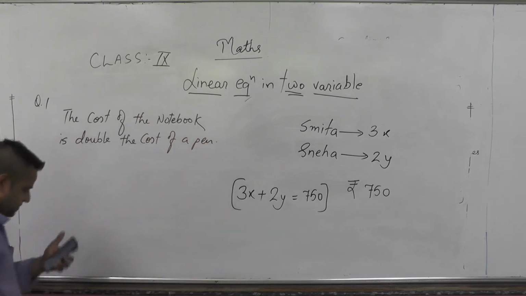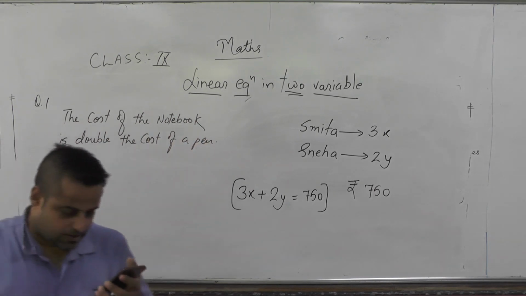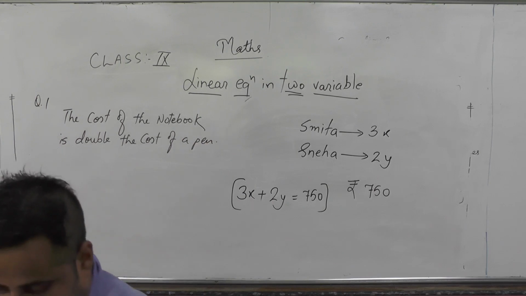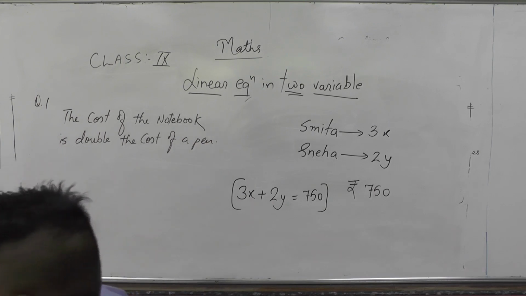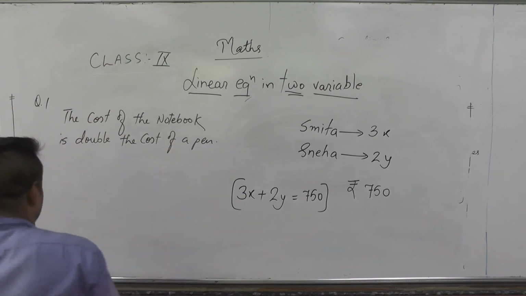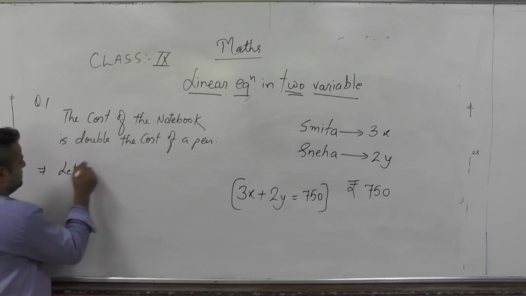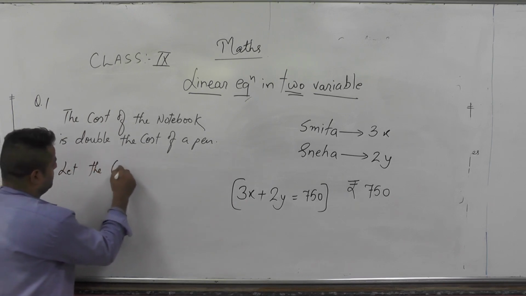And what it says further is to write a linear equation in two variables to represent this statement. And there is a hint also: take the cost of the notebook as x and the cost of the pen as y. So let us take, let the cost of the notebook